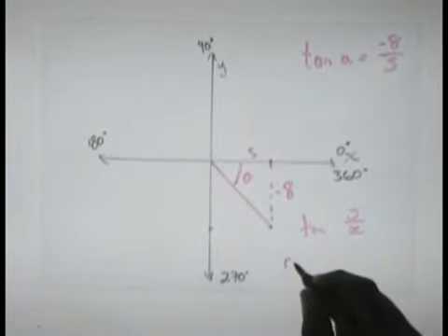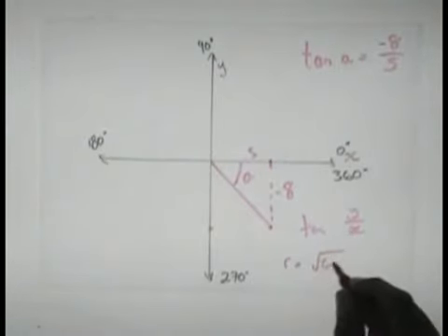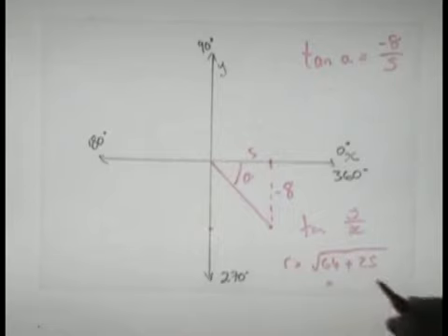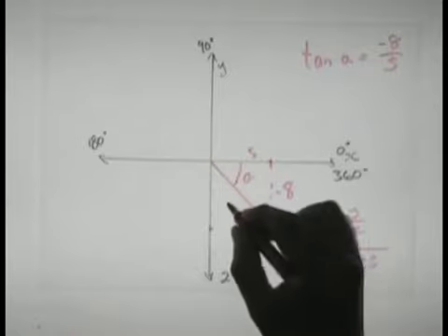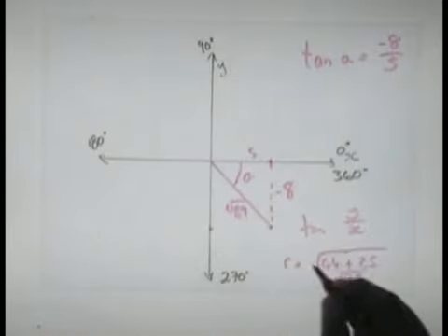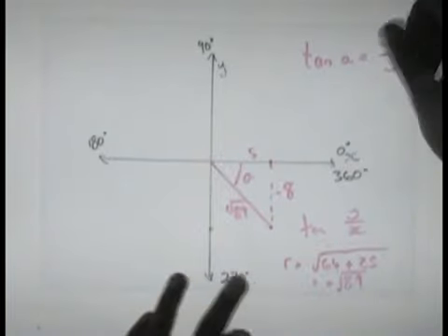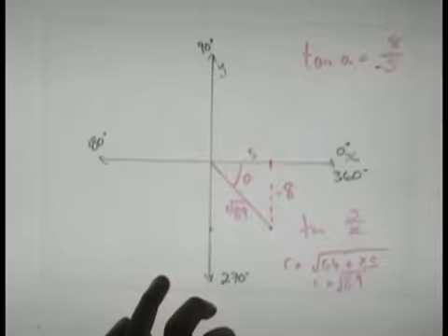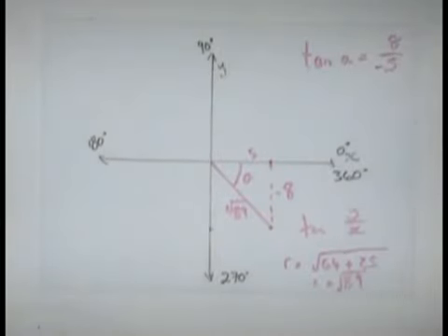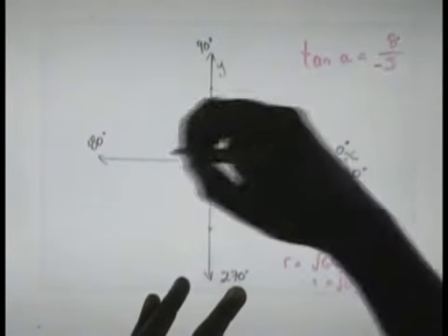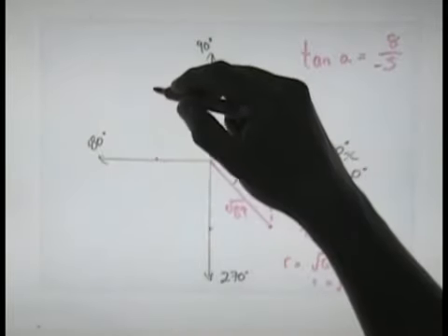That means that r would equal the square root of negative 8 squared, which is 64, plus 5 squared, which is 25. 64 plus 25 is equal to 89 in the square root. That means that r is equal to the square root of 89, and by the way, it's always positive. Is that the only solution? No, because what happens if x were equal to negative 5 and y were positive 8? Wouldn't that still be negative 8 over 5? So it could be y is equal to positive 8 and x is equal to negative 5, which would go